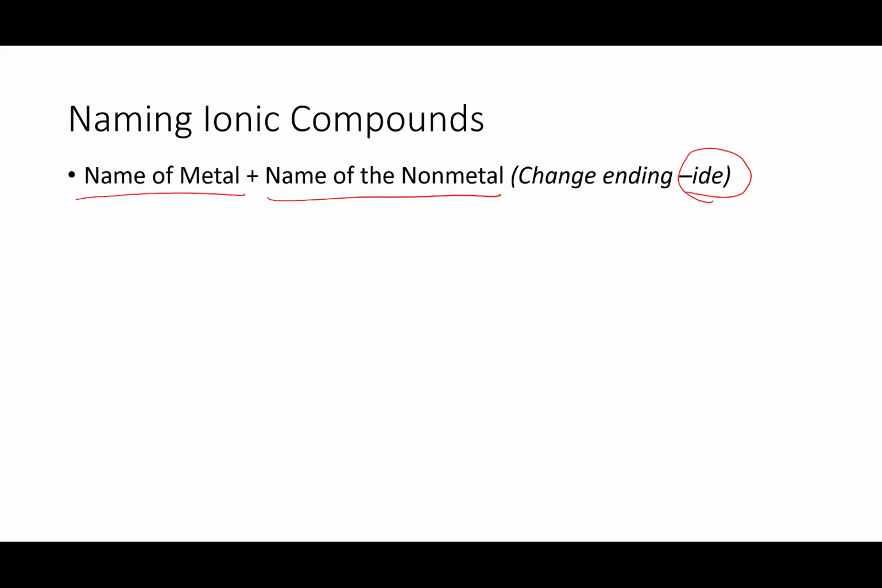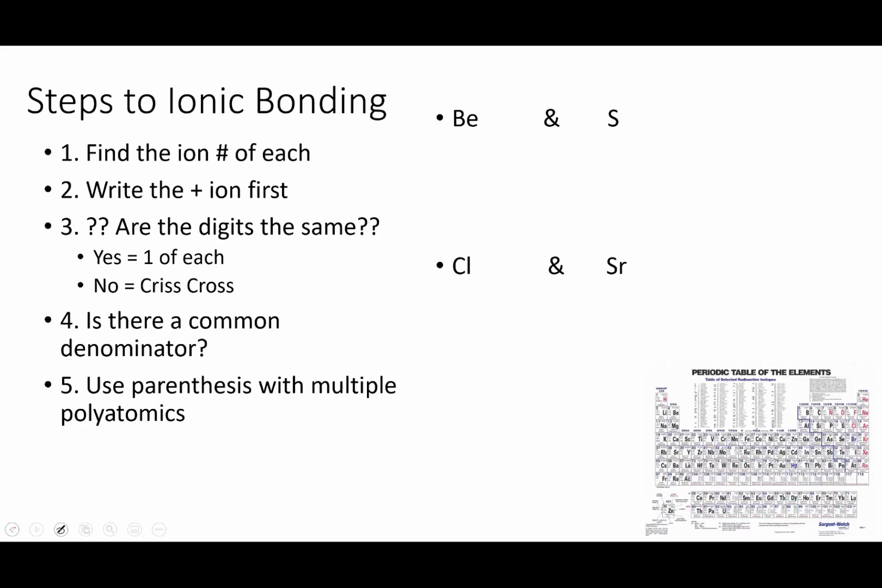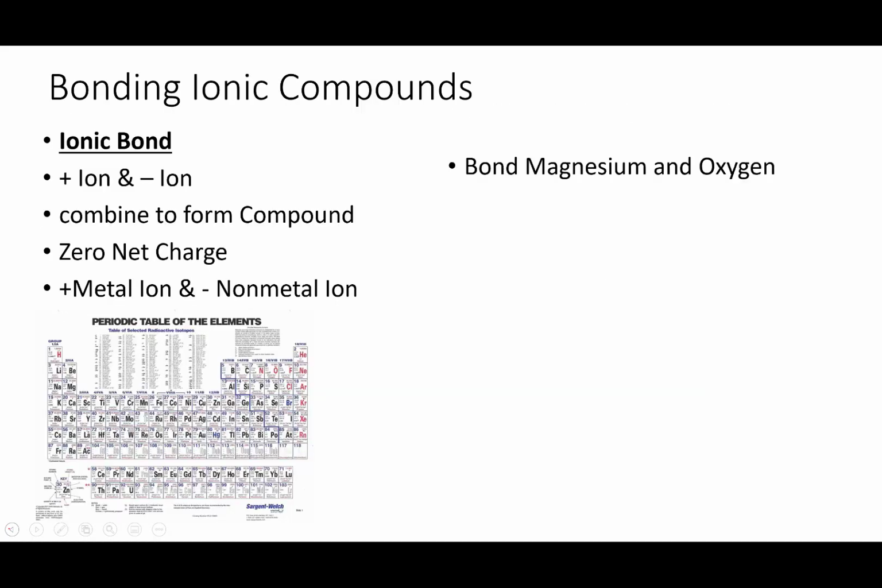So to practice this, we're going to go back to the compounds that we created and bonded in the last video, and we're going to name them. So if you've got your notes, flip back to that, and here goes. I am going to go ahead and name these, and I'm going to let you practice some before we're done. So magnesium and oxygen, it's the name of the first, and then the second one, its ending is changed to IDE. So this is going to be magnesium